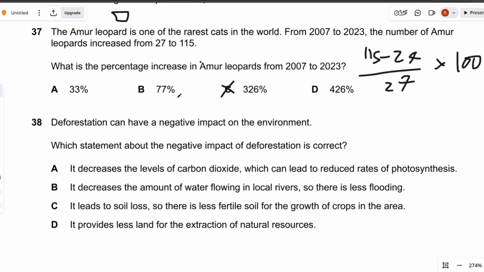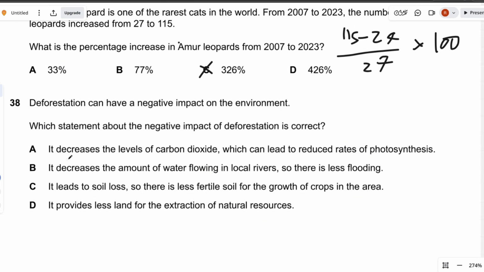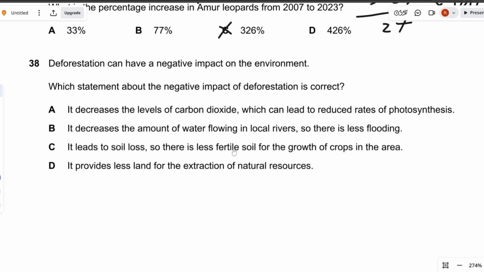Deforestation can have a negative impact on the environment. Which statement about the negative impact of deforestation is correct? It decreases the levels of carbon dioxide, which can lead to reduced rates of photosynthesis. No, that's not correct. Deforestation actually cuts down trees, so you're increasing the levels of carbon dioxide in